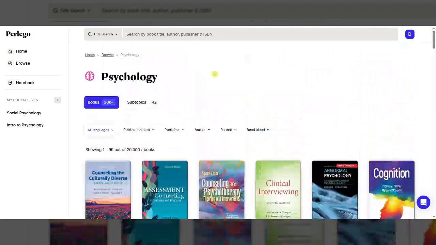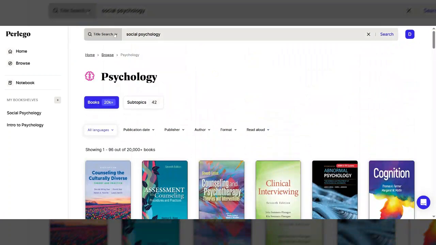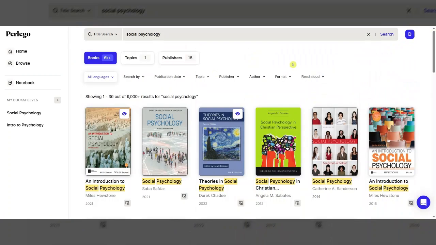But we can search, so if we go back up to the search bar, which stays here no matter what page you're on. And just for now, we'll keep the subject kind of broad. So I'm going to look for social psychology. And you can see here it says title search. So there's only two real options you have. So even though it says title search, you can also search for a subject area here, or you can search for your author here as well. So we'll run that search.